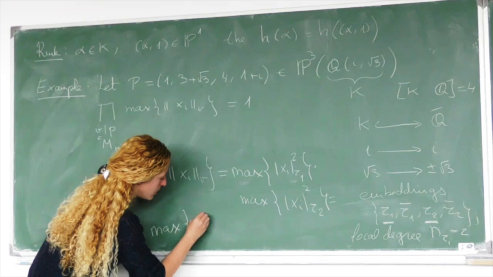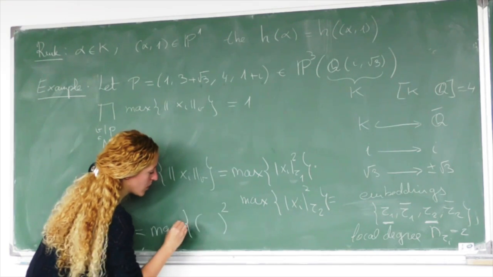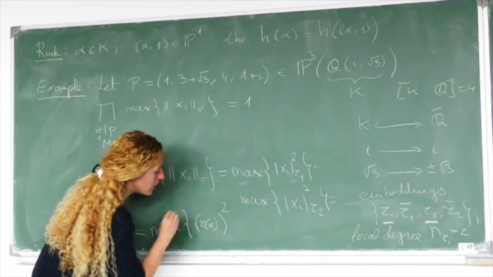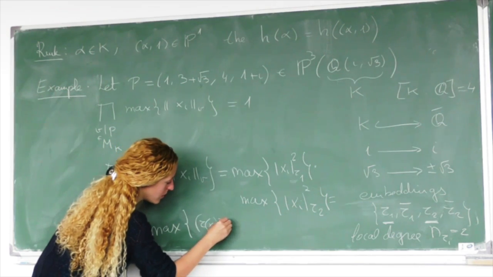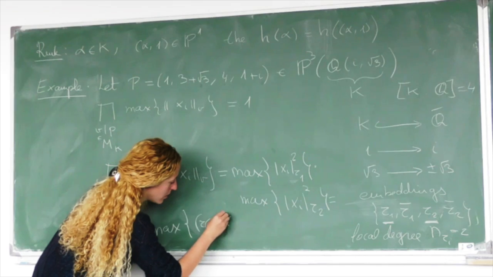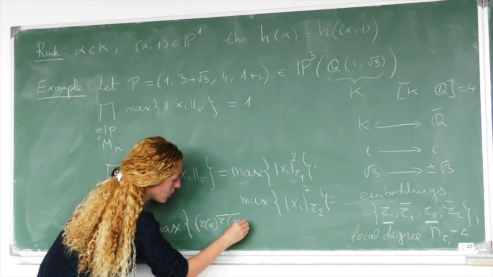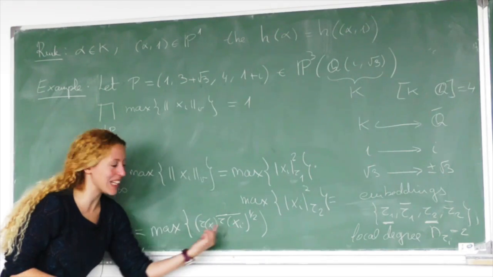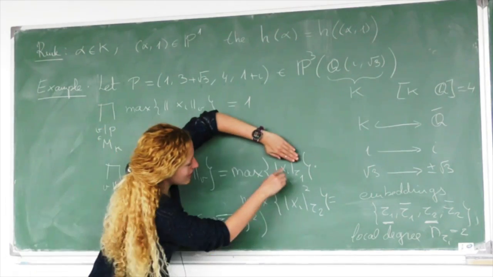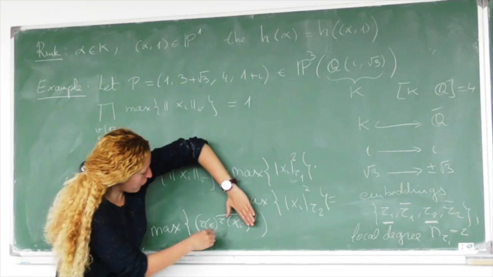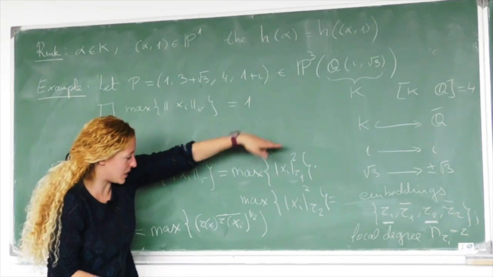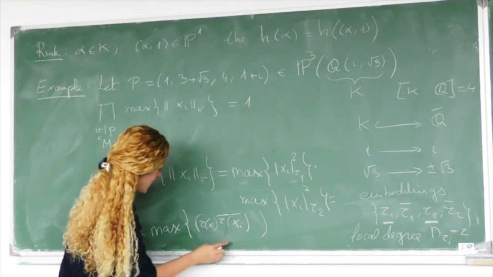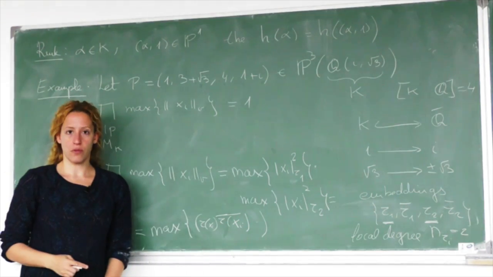So this is equal to tau of xi times the conjugate of this one, and to the power 1/2. So this is the classical norm, this absolute value. We define it like this. But now I have to add the exponent, so I have a 2, but this 2 is going to cancel with this. So actually, this is just this product.